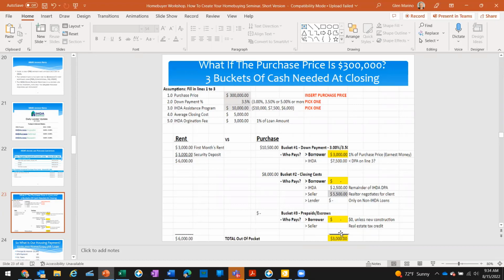So, dear customer, you can pay $3,000 and buy a $300,000 home, or you can give $6,000 to your landlord and just rent and have a non-appreciating asset. Which would you prefer? I don't know about you, but if I were to present this one pager to one of my potential clients, I think they would say, would you please continue to move me forward toward home ownership?